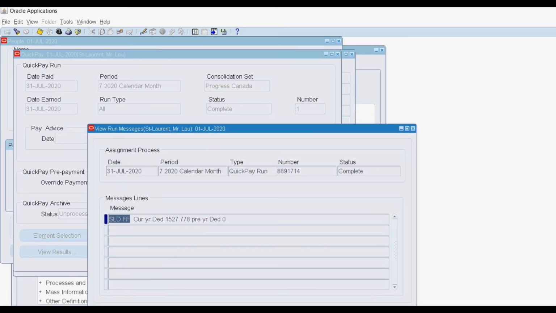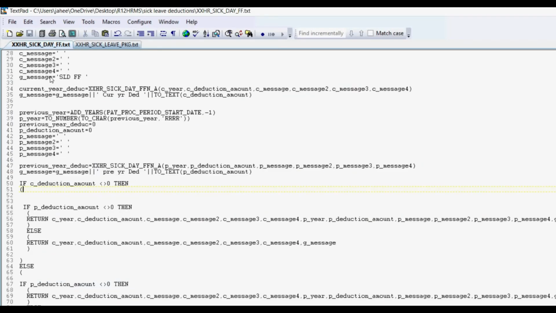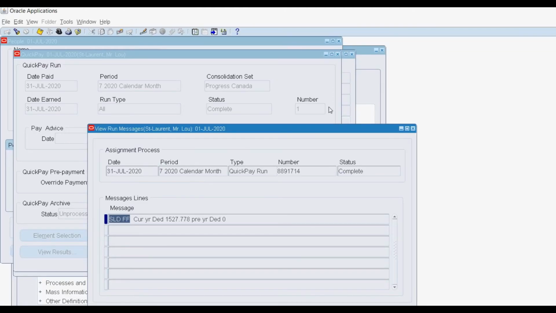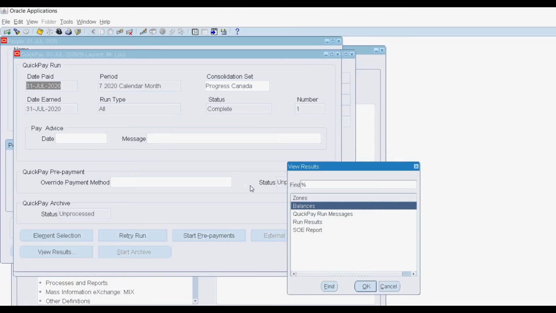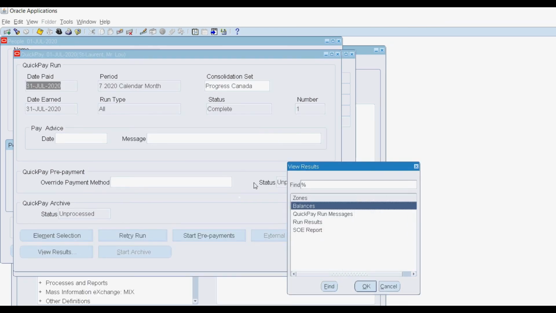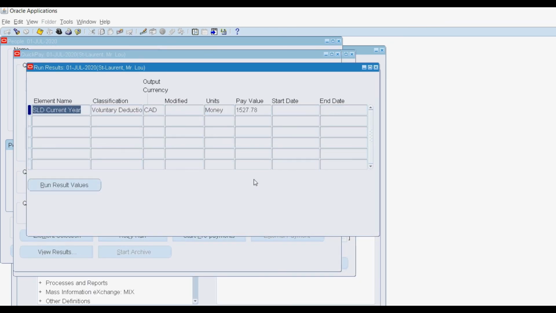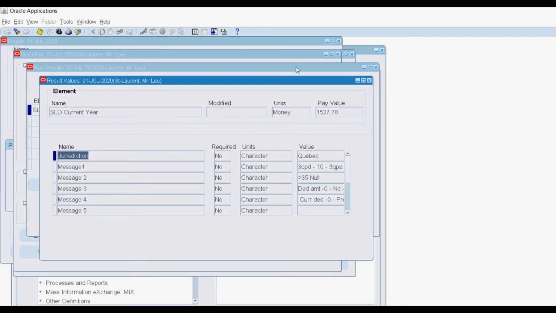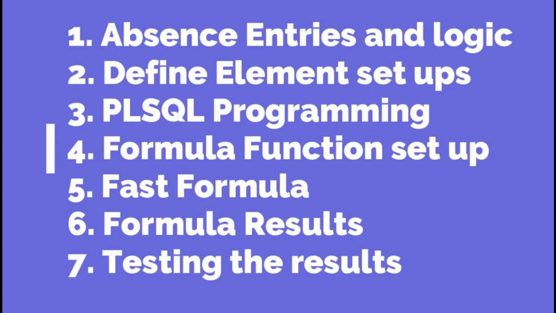Now you can see the complete messages coming up here. The messages exactly whatever messages we have put up, exactly it will come up here because it all comes from the fast formula only. Fast formula comes as the output variable, return value variables. From the return variables, the values get mapped and come here, and you can see all the messages here.